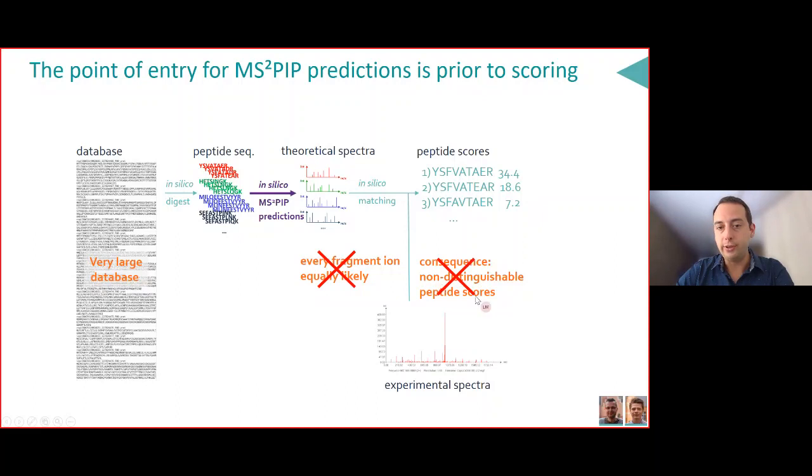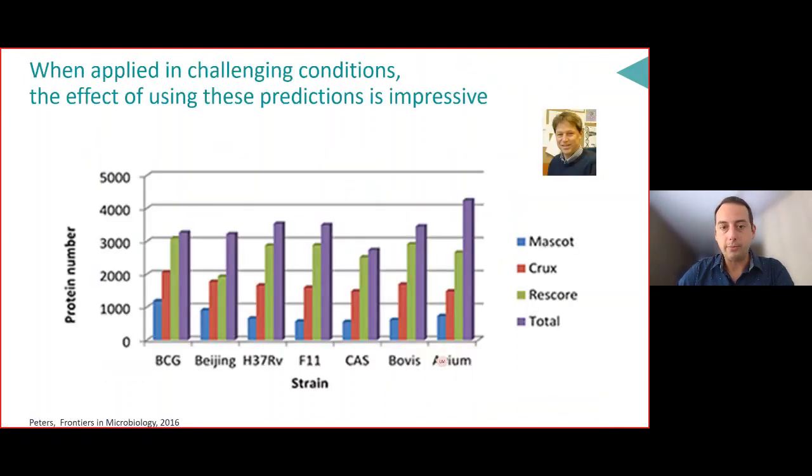So these non-distinguishable peptide scores suddenly become quite distinguishable, because if there is a big peak here and a big peak here, it must be that peptide, because for the other two peptides, the big peaks are actually elsewhere. And so the correlation now becomes a very important measurement. Now, of course, we didn't just speculate on this, we actually managed to prove this, and this was work that we did with Jonathan Blackburn of University of Cape Town in South Africa, who was working with